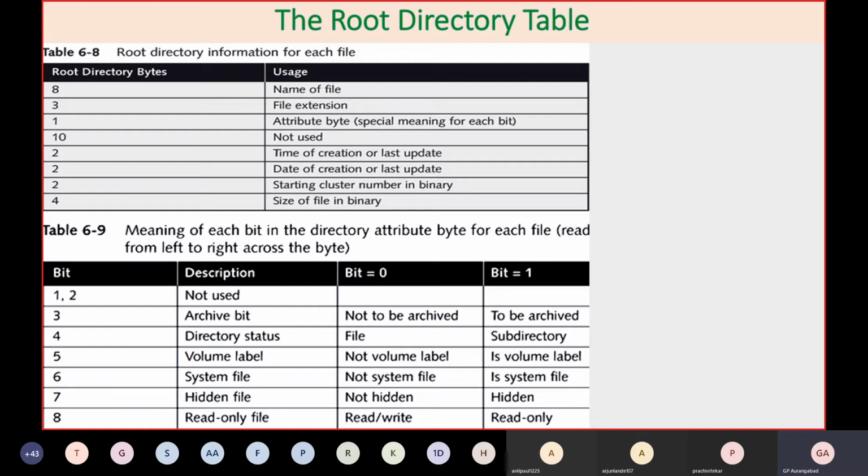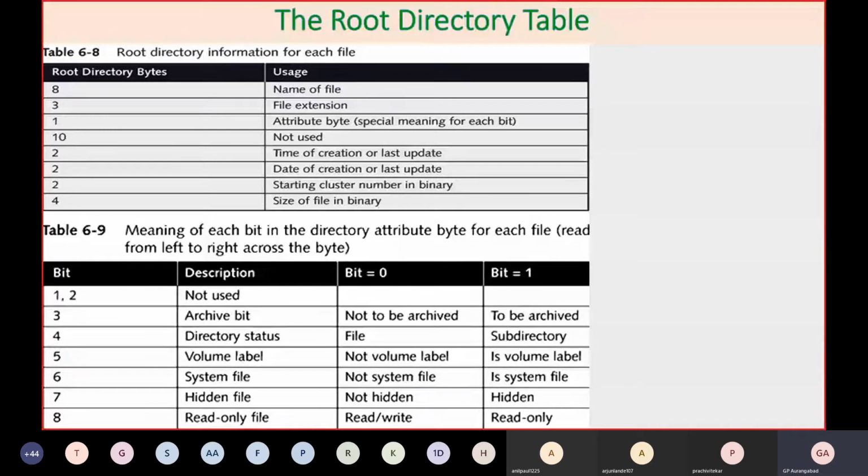That attribute can be, as explained below, an archive or a directory, or a volume label, or a system file, or a hidden file, or a read-only file. Those attributes you can set to either 0 or 1, and that gives that particular attribute. Whenever you have a hidden attribute or a system attribute, you will not be able to delete the files or see the files. Read only means you cannot delete or modify that particular file. That is called the attributes.